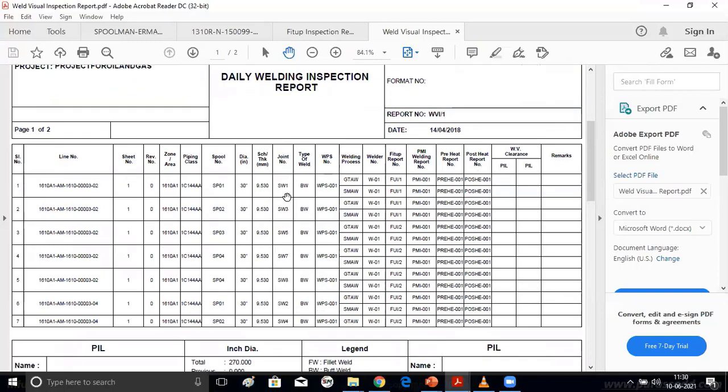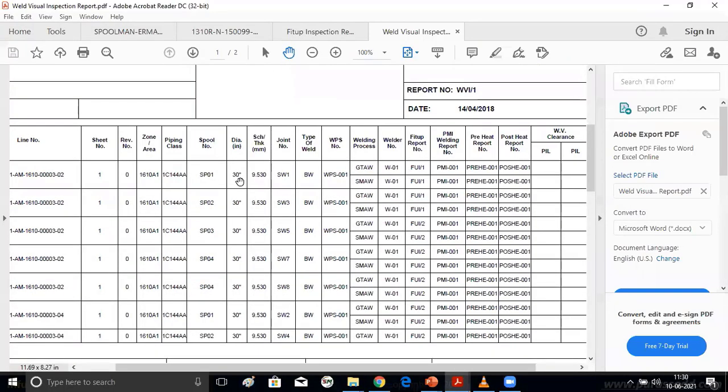So I have joint fit up completed. In this particular spool, it is 30 inch. What is the thickness? 9.53. And type of weld, butt weld, WPS 1 is used, and it has two processes, GTAW and SMAW. Which welder has